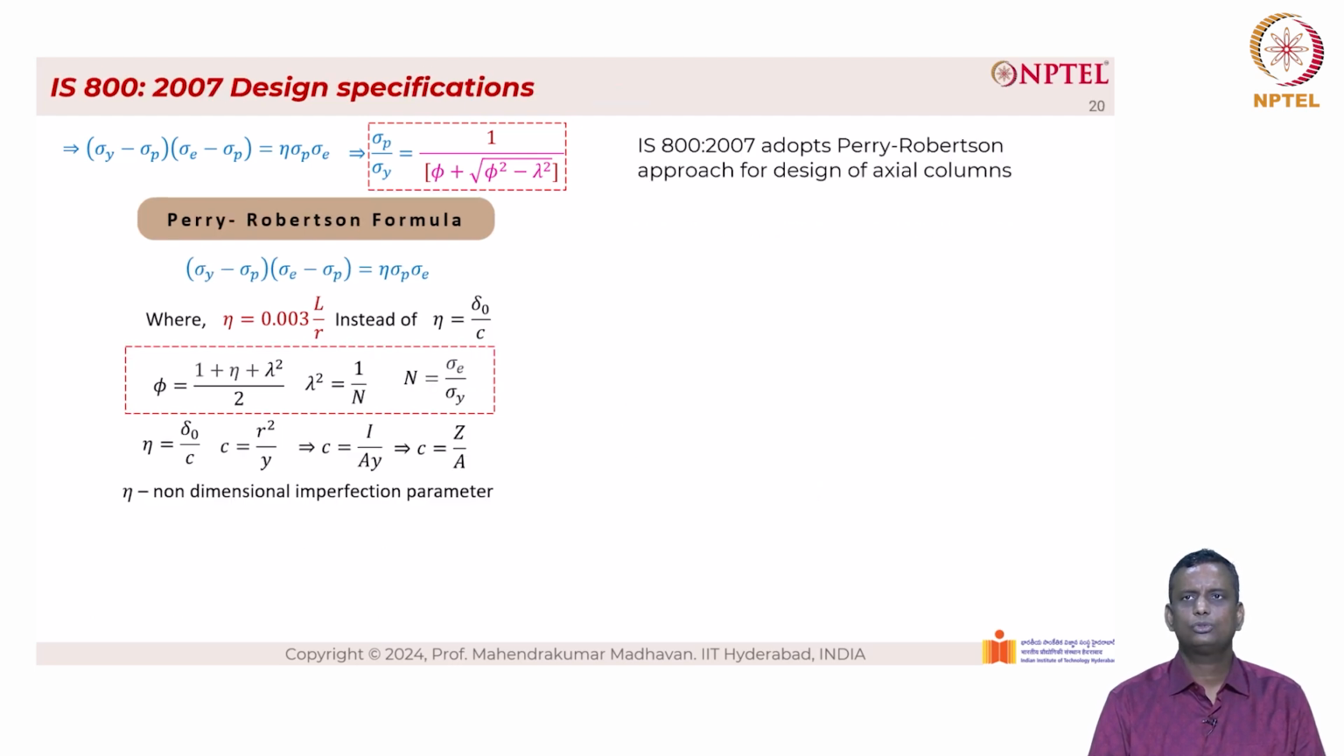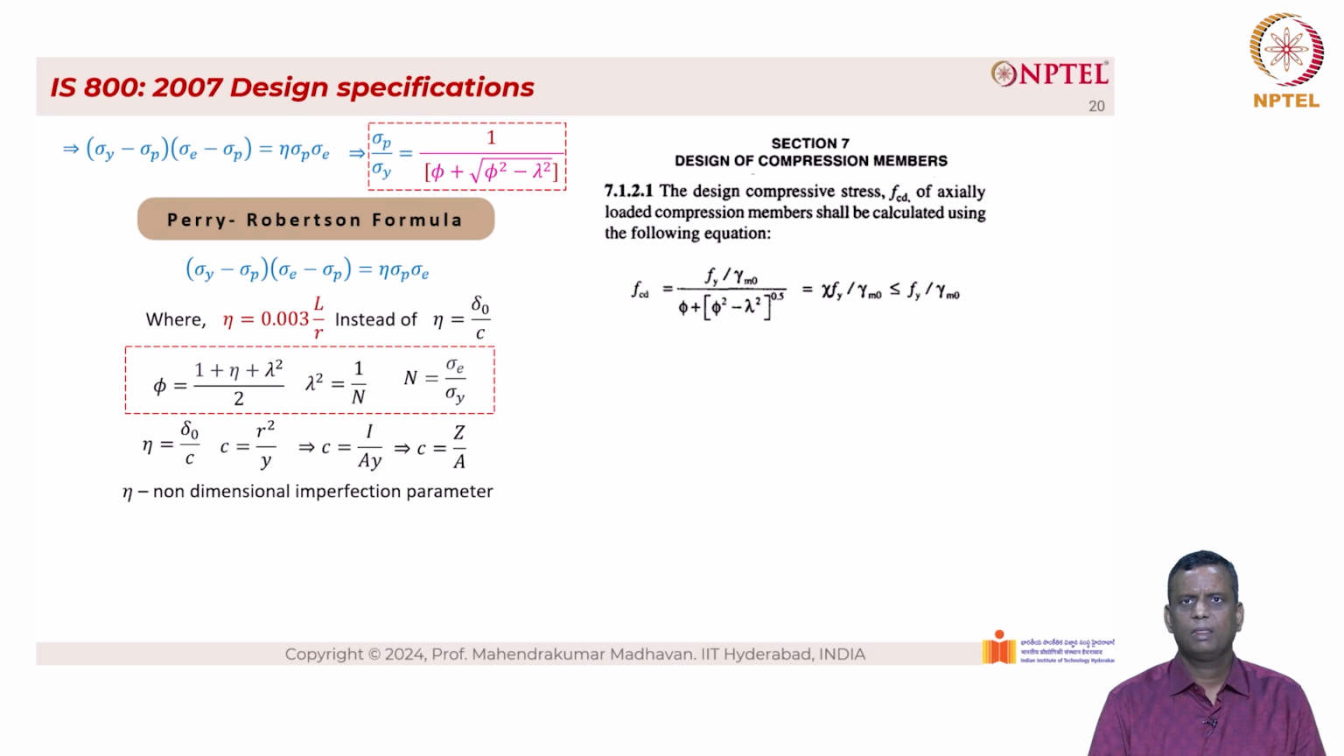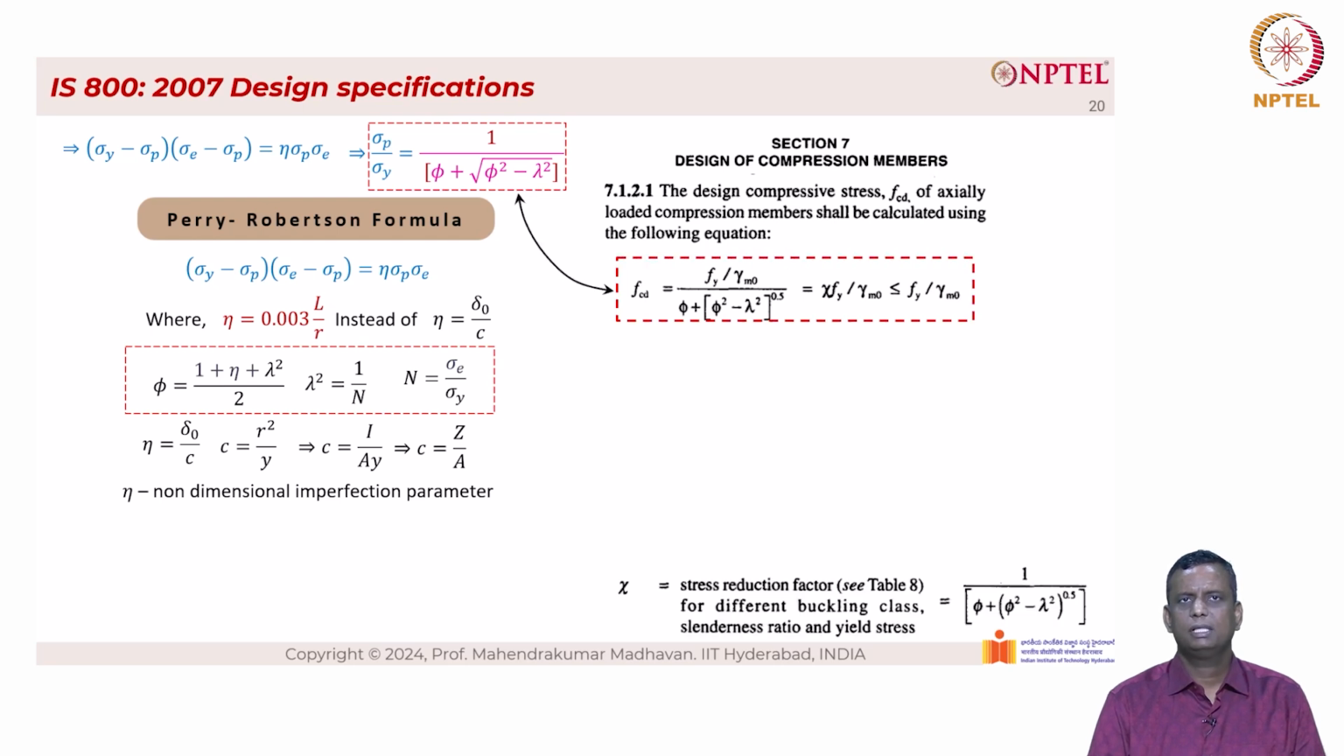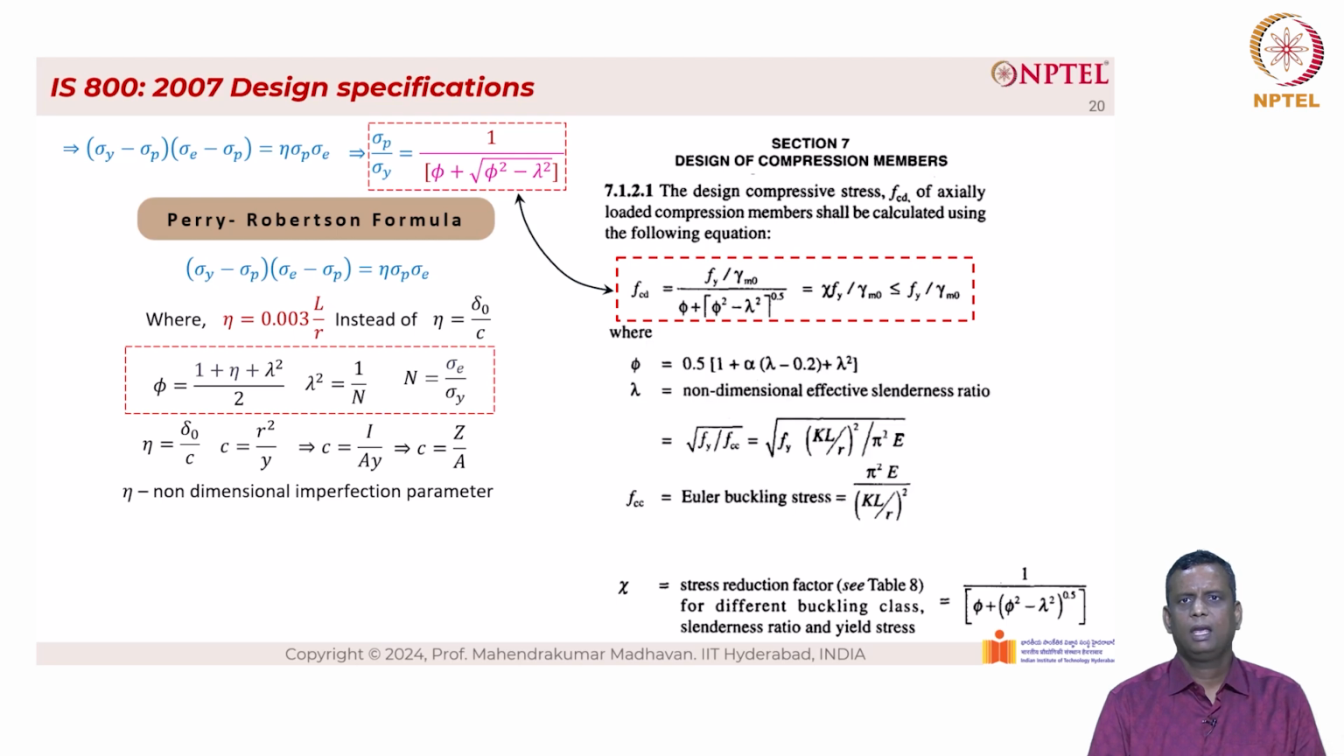So IS 800-2007 adopts the Perry-Robertson approach for design of axial columns. Section 7 on design of compression members indicates the same. We have the design compressive stress FCD of axially loaded compression members, which shall be calculated using the following equation. This equation is the same as the equation that we recently derived, which you can see from the left hand side. And the parameters are also shown very similar to what we have done. And you can see that the phi is almost the same as the one on the left hand side. When we compare the two, we have eta equal to alpha into (lambda minus 0.2), where alpha is also